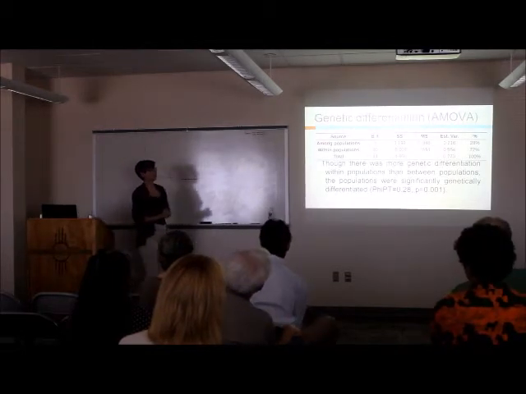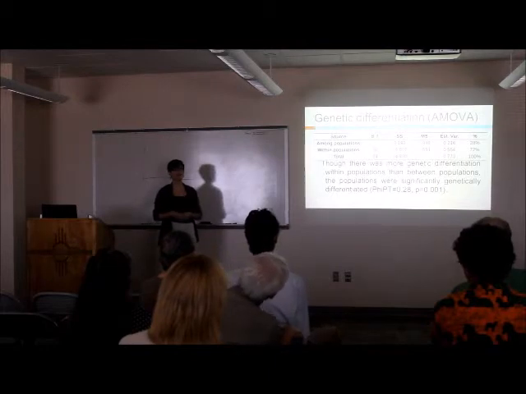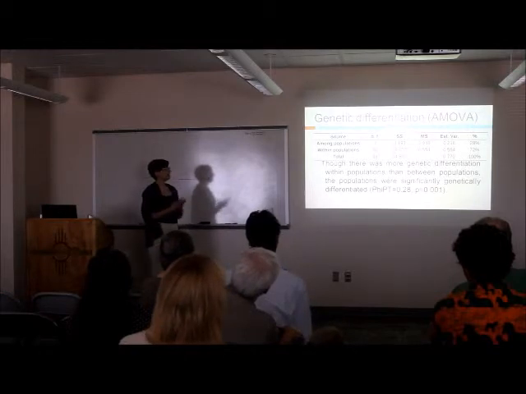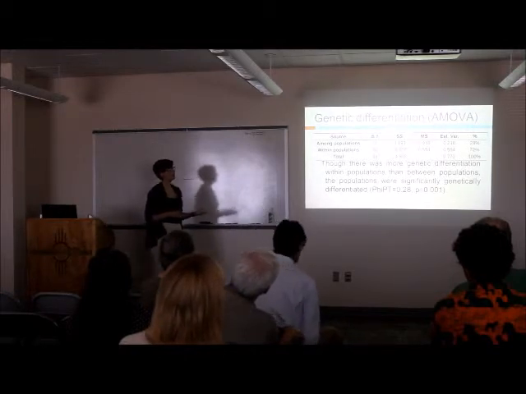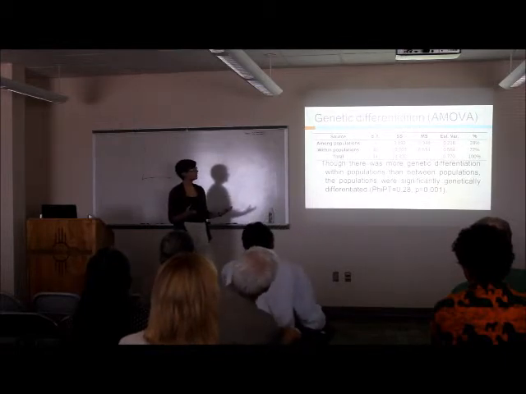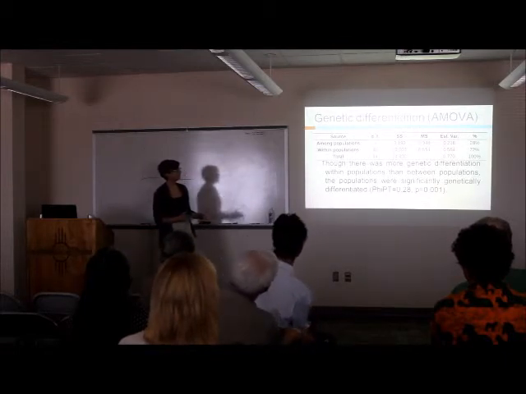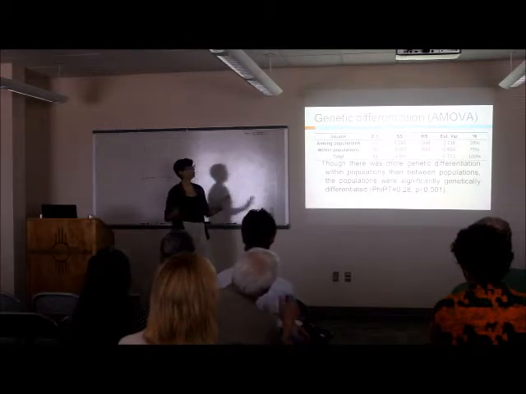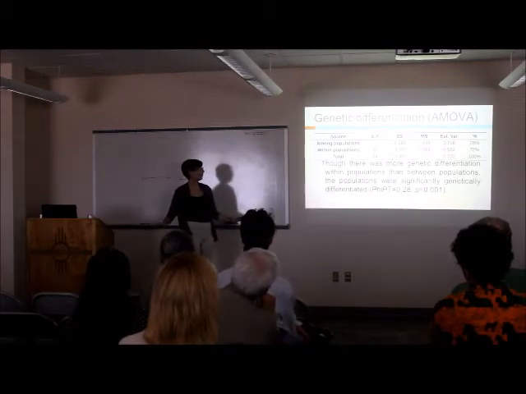I did an ANOVA test of molecular variants. It's very similar to an ANOVA test, if everyone's familiar with that, and found that 72% of the variation between coyote gourd individuals occurred within populations, and only 28% of the variation occurred between different populations. However,